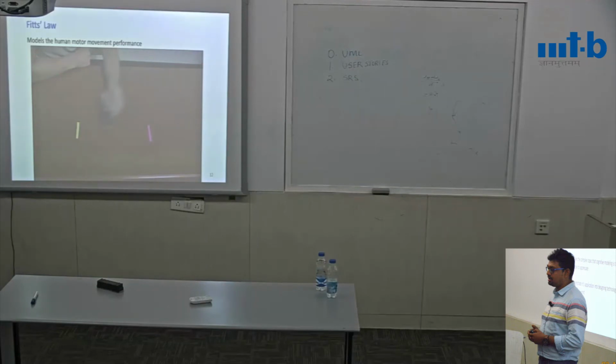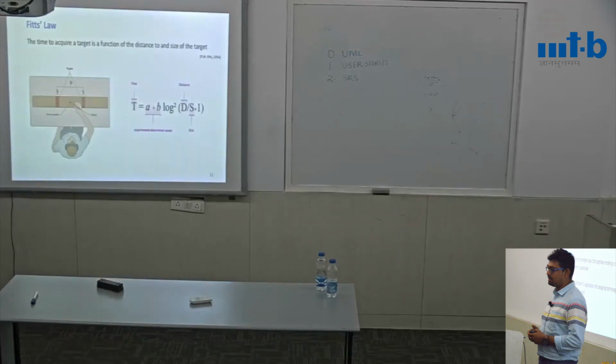Again, you would see another phenomena. When he was moving to a smaller target, the speed at which he was moving his hand was not constant. He would start fast, but slowly he would slow down and then target on this one. Because in his mind, he was doing a trade-off between speed and accuracy, because he wanted to hit the target right. If the target is big, he was not worried about accuracy. He was able to do that faster.